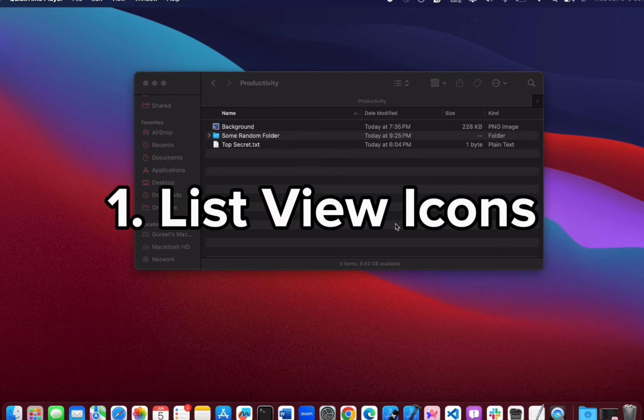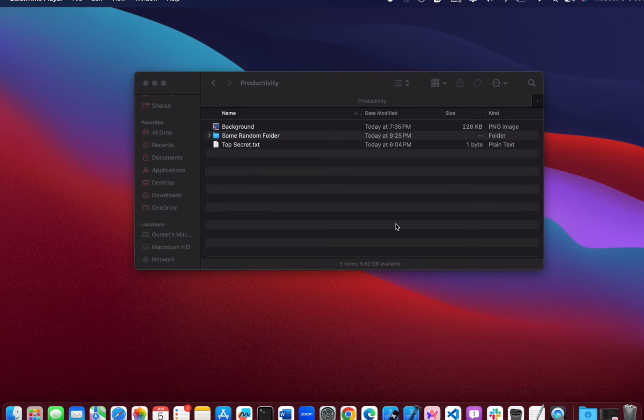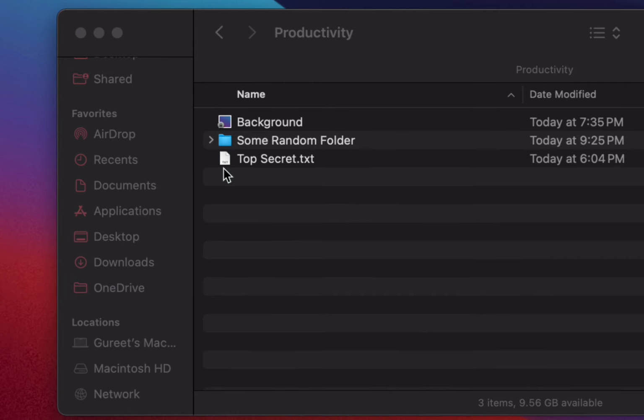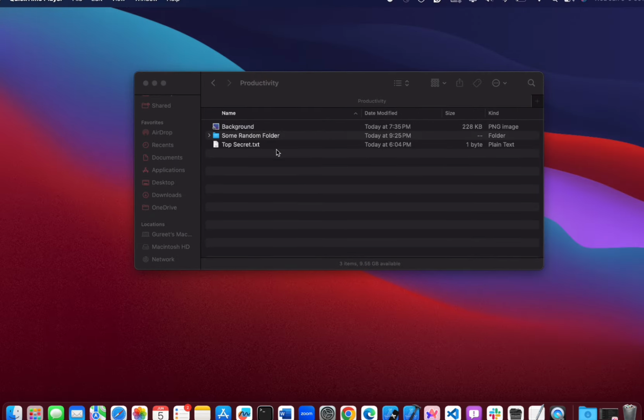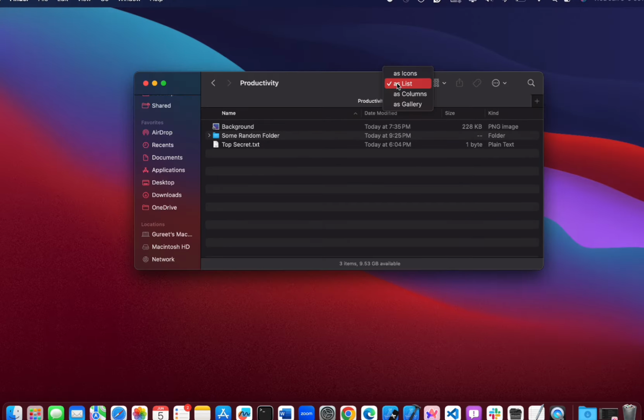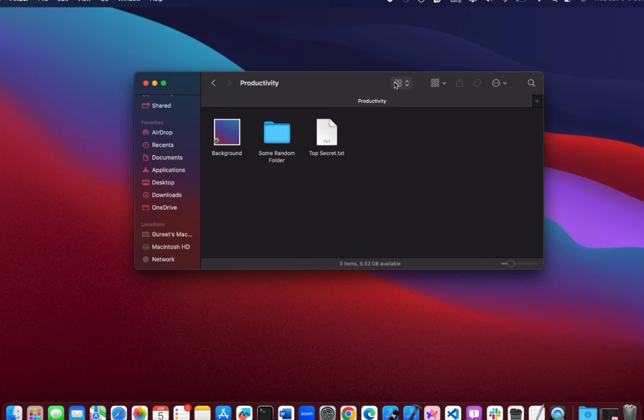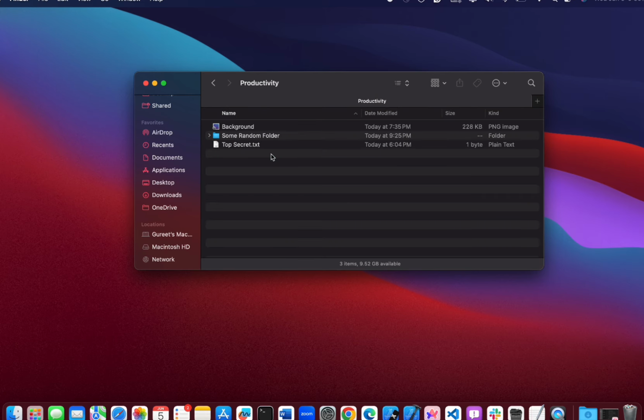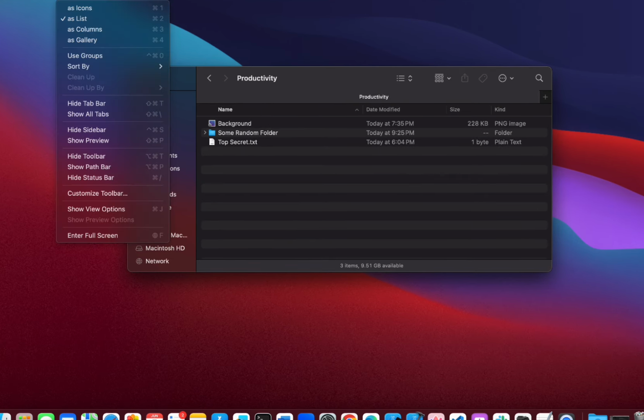The first tip is regarding the list view icon sizes. By default, the icon sizes are very small and it's hard to find files using the list view. So instead of compromising and changing it to any other view such as the icon view, you can edit this, and you can change this by clicking on the view options in the menu bar,